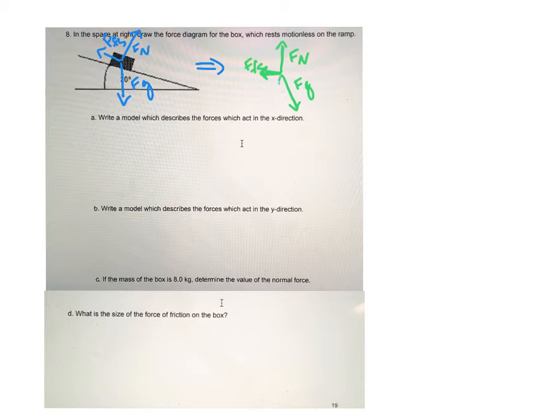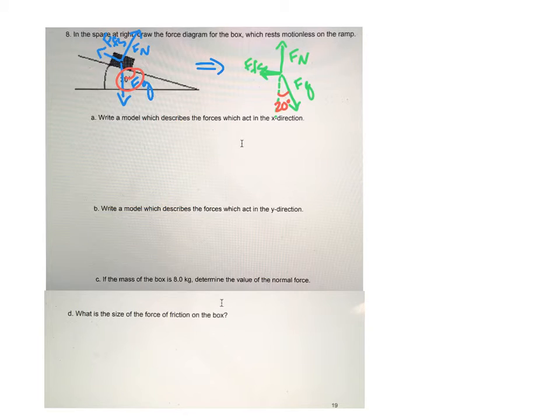And then if you do this, the angle between the gravity and the y-axis is the same as the angle of the ramp, so that happens to be true. So you can use that little trick to help you solve for the